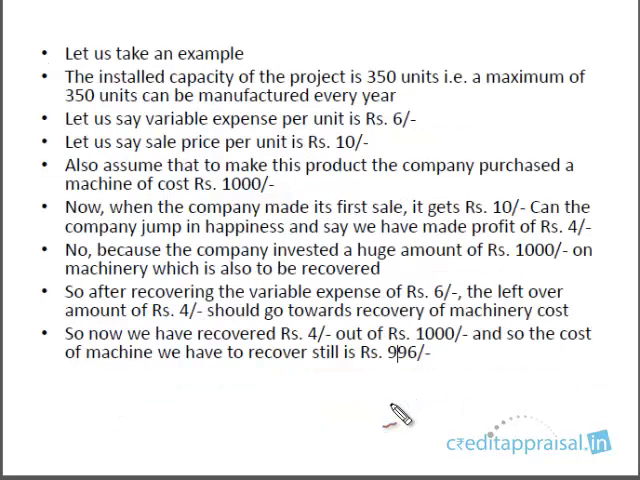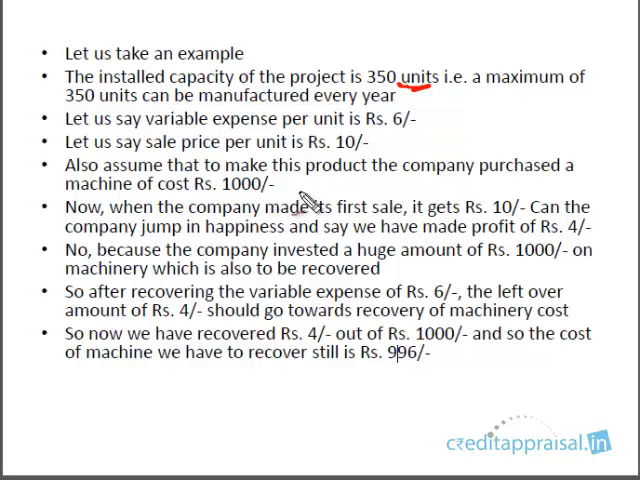Let us take an example. Okay, so the installed capacity of a project is 350 units. That is the maximum number of units that the company can manufacture is 350. Okay, and let us assume the variable expense is 6 rupees and the selling price is 10. Okay, so let us also assume that the company has purchased a machine for this particular purpose and this machine